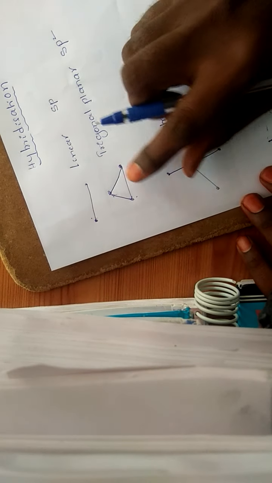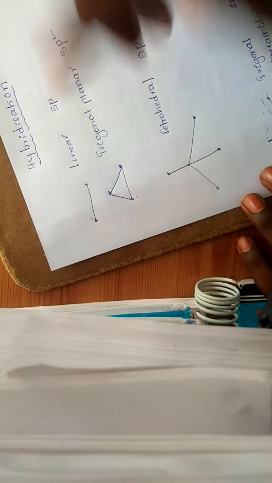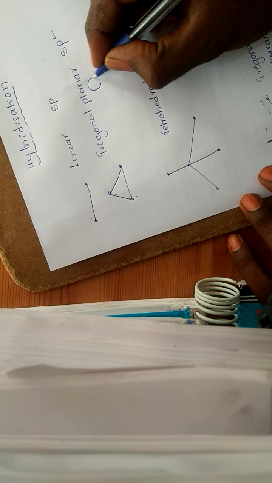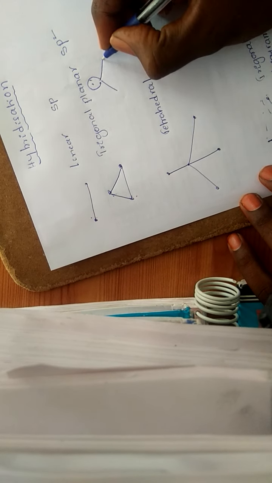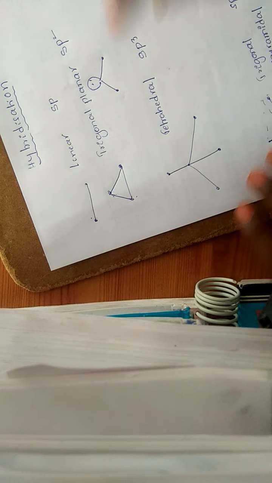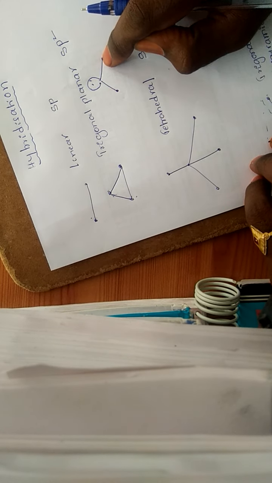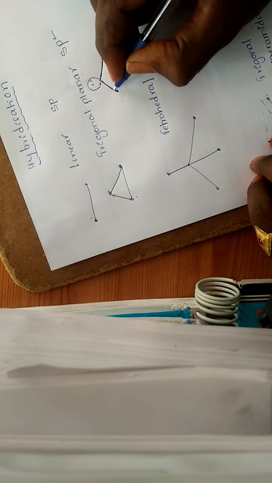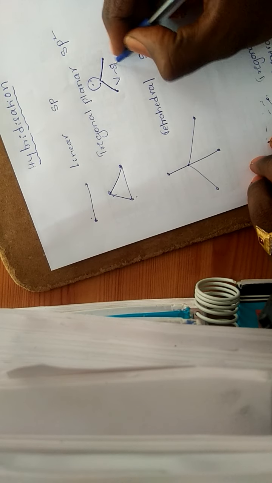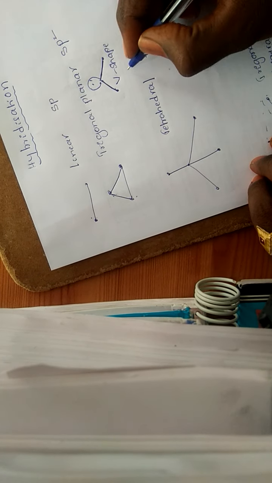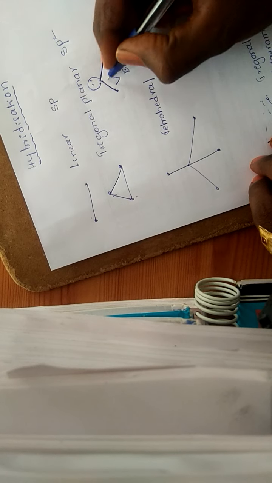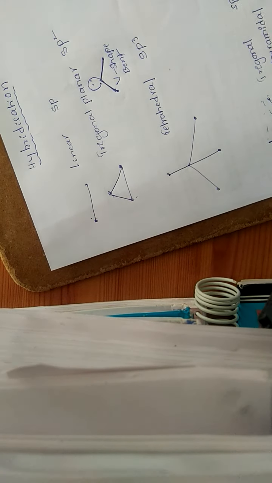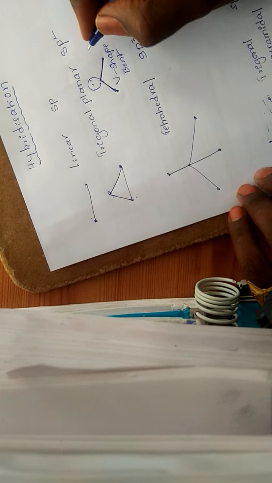Now we will see hybrid molecules, means hybrid structures. If I remove from these 3 atoms one atom, it will become one lone pair and 2 bond pairs. One lone pair, 2 bond pairs. Now see my structure. Structure of this is V shape. Or you can call it bent also, because it is a bent molecule.